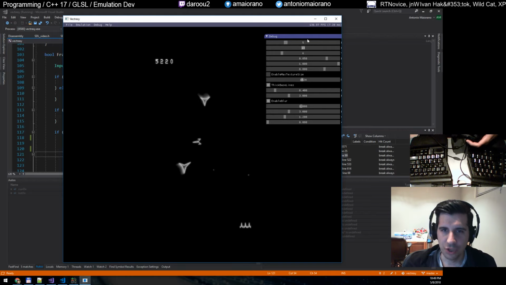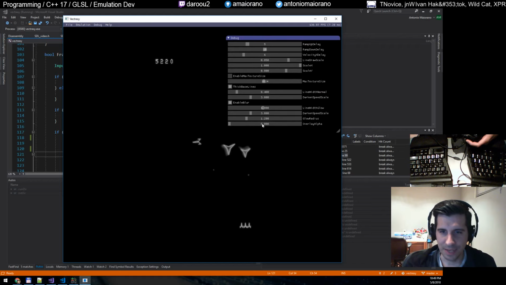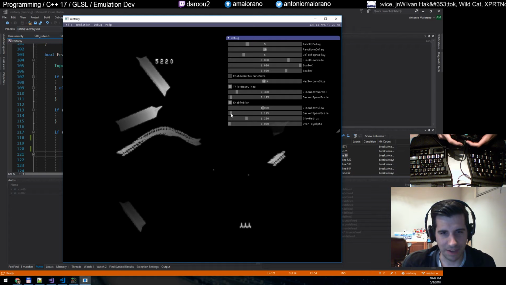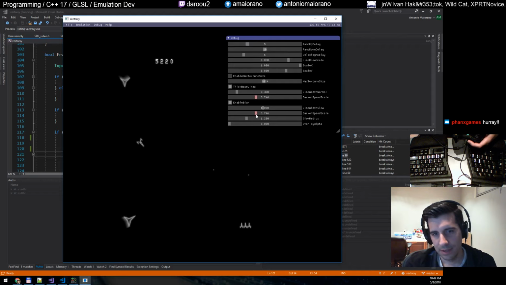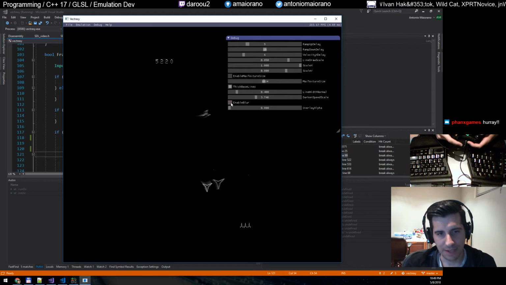And I have a bunch of control over how fast that happens. If I make it really slow, you get this ghosting effect. If I make it really fast, you get almost none with a bunch of flickering. There's also blur to help with the effect. This is no blur, and then if you turn on the blur,